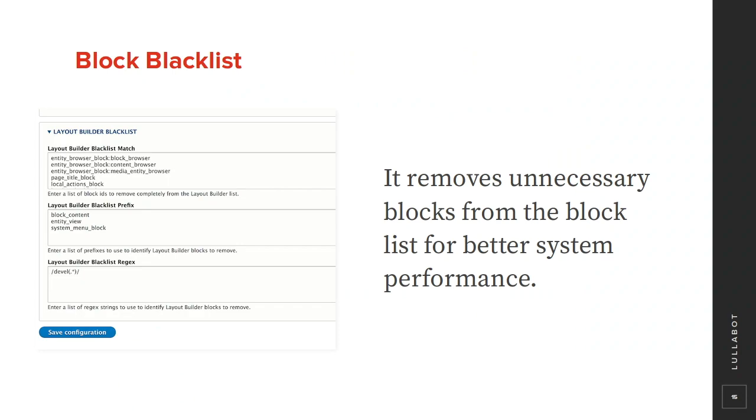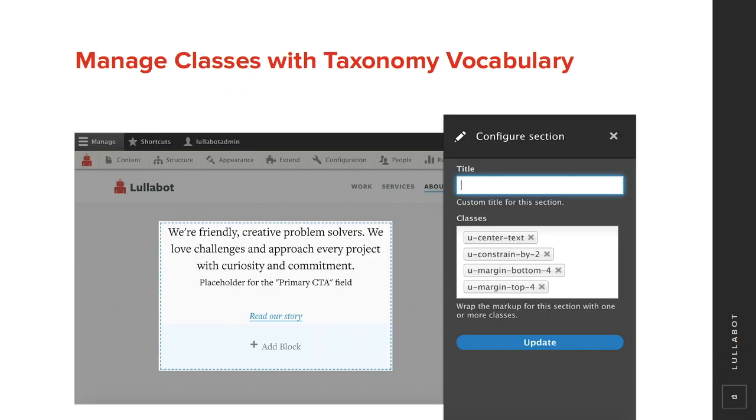So on the left there, you can see that we have a list of, I mentioned the devel module, the Block Blacklist lets you configure these ones we don't necessarily need to see, probably won't ever use on a marketing page, an about page, or that kind of thing. I mentioned a little bit about the taxonomy as well, the classes that we've added. This is a customization where